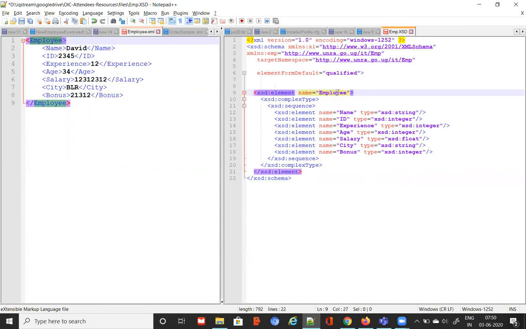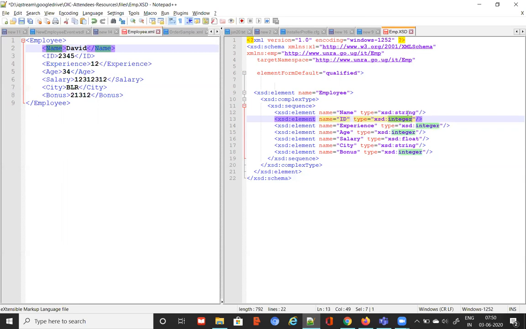Employee is not a simple type, it is going to be a complex type, with a sequence of other elements. What are the other elements here? Element name, which is going to carry data of type string. Then one more element called ID, which is going to carry a data type of integer.